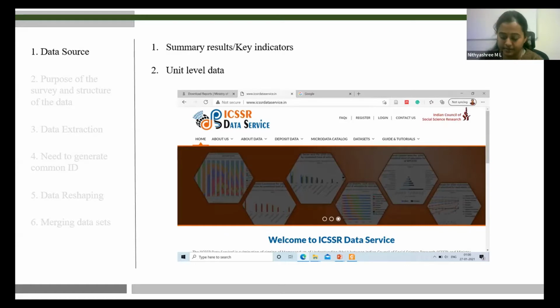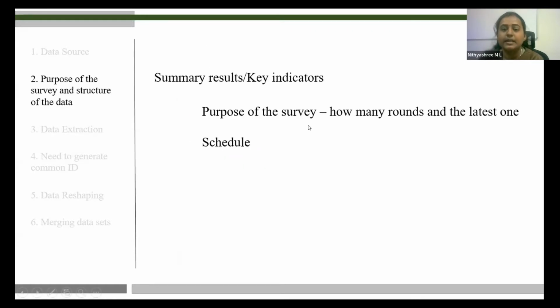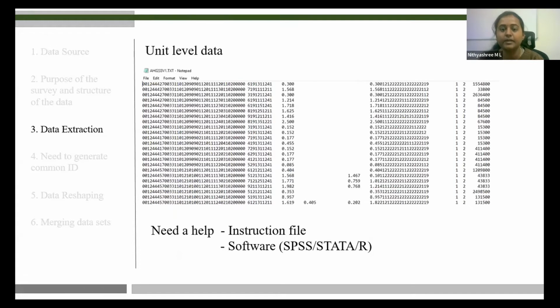unit level database. This I have already told, like summary results are useful. Before going to the unit level, just go through the key indicator file. Actual unit level data looks something like this. This is a text file, and within the text file we have a lot of digits, arranged in a number of rows and columns.